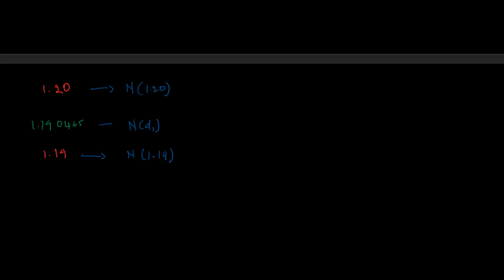And so from here we can compute ND1 by setting up an equality. The change between these values divided by the change between these values should be equal to the change between these values divided by the change between these values. Okay, so what do we have? We have 1.2 minus D1, essentially 1.190465, divided by 1.2 minus 1.19, that is this minus that, divided by this minus that, and that should be